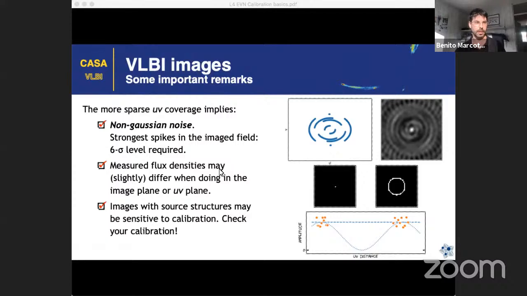And that means that the fluxes that you get there may be slightly different, or have subtle differences, than if you measure the fluxes just by fitting your UV data. That's also possible and sometimes can provide a bit more reliable fluxes. And of course, given that this is an interferometer, you are not obtaining a UV point across the whole plane. You are missing several spatial scales. So that means that you only have some